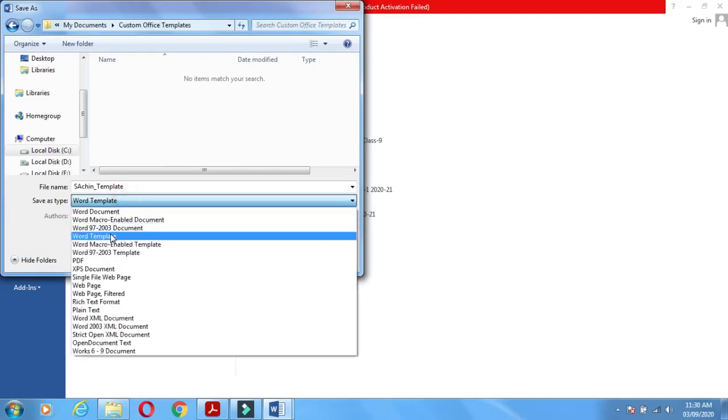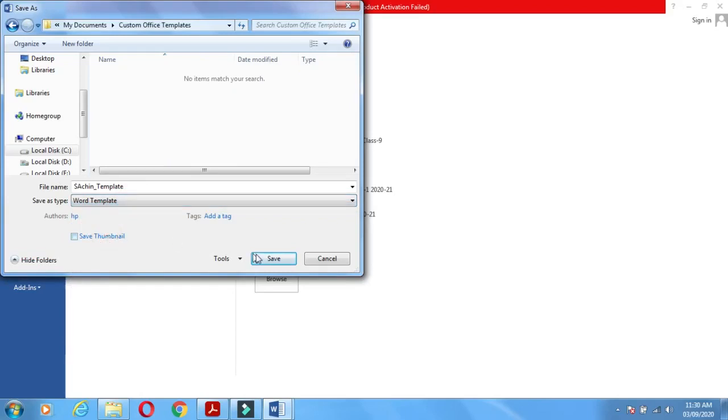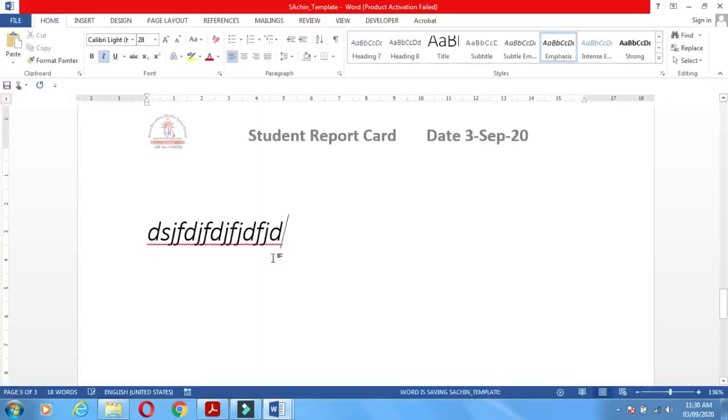You have to choose word template here. What do you choose? Word template, and save it. This word template will be automatically saved in your computer for your future purpose. If somebody is using this template, it can help him to apply these settings.